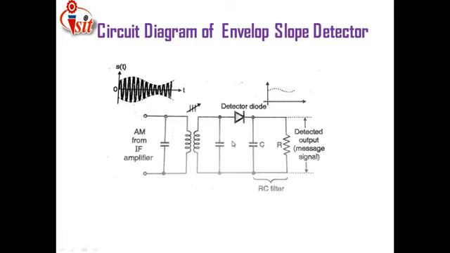And suppose that particular input signal has a lower value in comparison with the capacitor voltage. At that time the diode is acting as reverse biased, and the capacitor will be discharging. Thus the charging and discharging period of the capacitor is totally dependent upon the relation between the input signal and the capacitor voltage. This is the load resistance, which is connected to balance whatever load is introduced in the circuit. And thus finally at the output end, we are getting the message signal as an output.